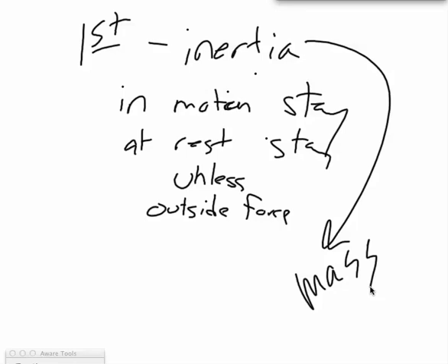I.e., the harder it is to stop it once it's moving, the harder it is to start it moving in the first place. So, if you were to take a look at a jet airplane and a sports car, they're both on the runway. The airplane is coming up to speed. It's going about 200 miles an hour down the runway. The sports car is going 200 miles an hour down the runway. Now, one of them is going to take off, one of them is not. But the question is, which one has more inertia? The airplane? The airplane has more mass.